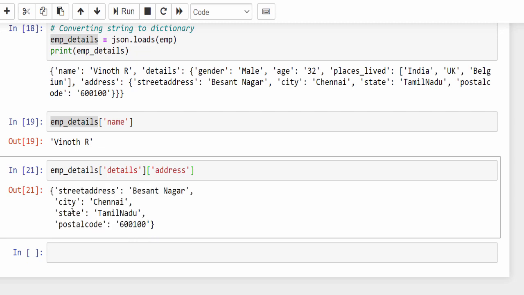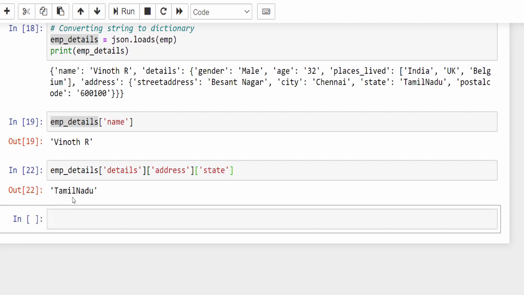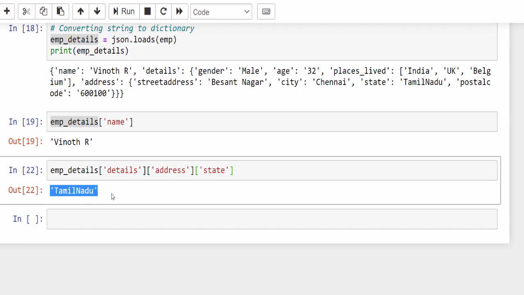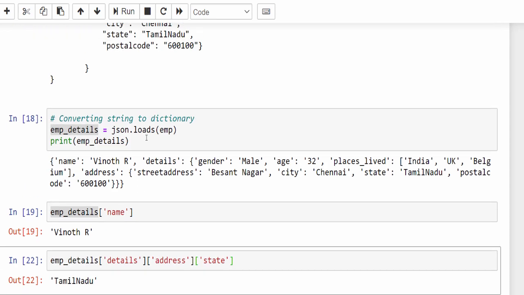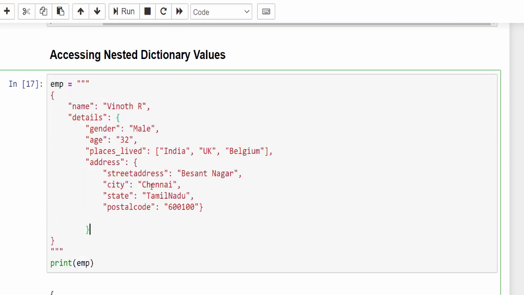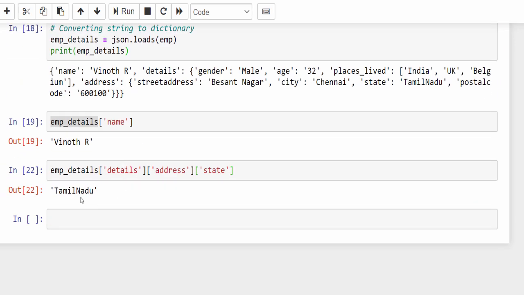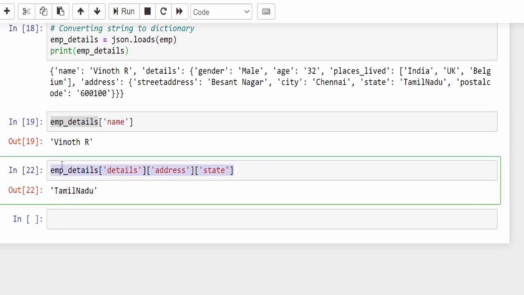Inside the address we have to find the state, mention it within the square bracket and run it. We are able to retrieve the state value as Tamil Nadu. So if it is a nested dictionary concept, then you have to give the search criteria or filter criteria like this, within multiple square brackets, properly mentioned.